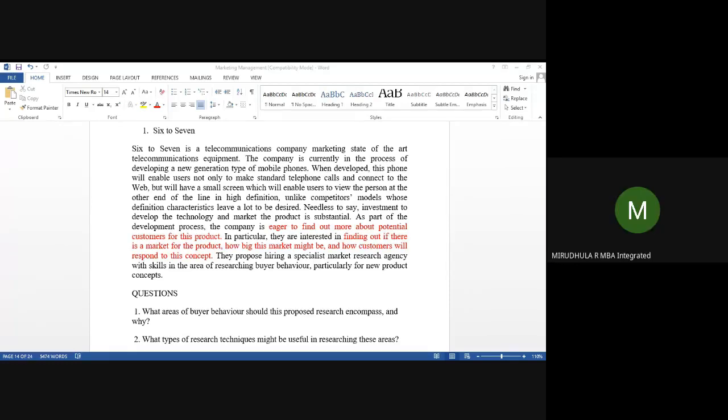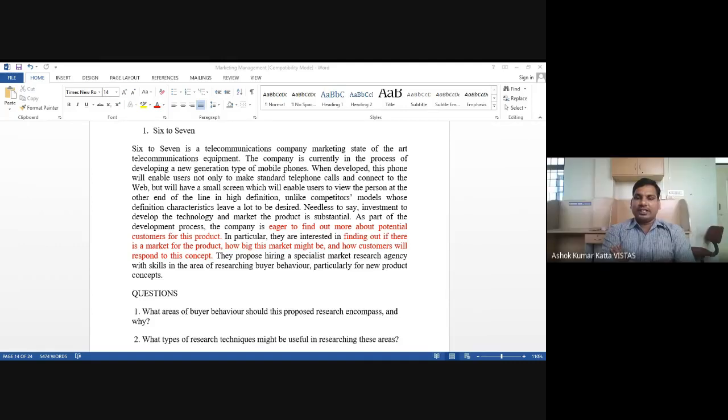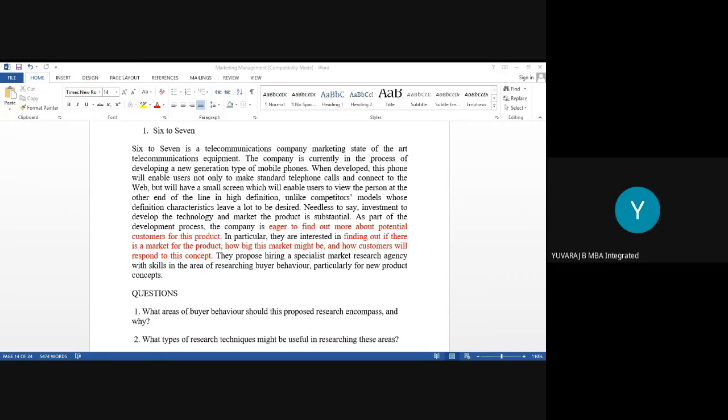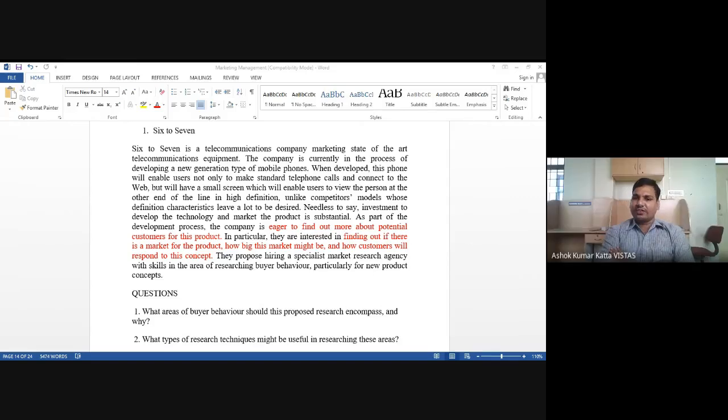Yes, sir. If the toothpaste is of affordable price, so that all levels of people can buy, they can distribute wherever they want. But if it is so expensive, they can't put stalls in rural areas, sir. Nowadays we can find all companies giving toothpaste for 10 rupees onwards minimum. So in that situation, everybody will buy your toothpaste.